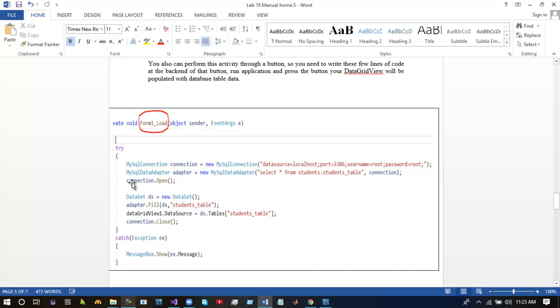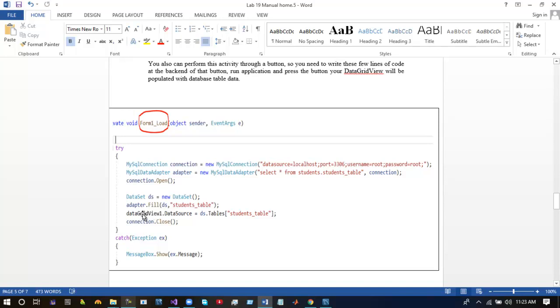In line number 3 we need to open the connection. If you want to display data, select data, delete data, or perform any kind of operation, we will open the connection. Connection.Open is a built-in function, and line number 4 is the dataset: ds is equal to new DataSet. This is also a built-in function. Then adapter.Fill(ds, students_table).